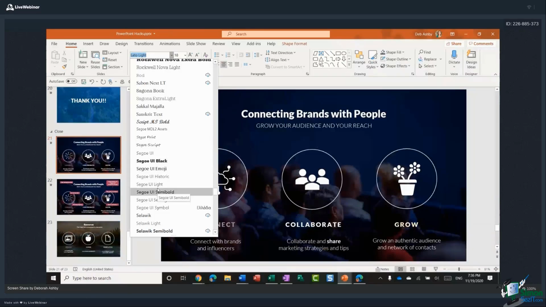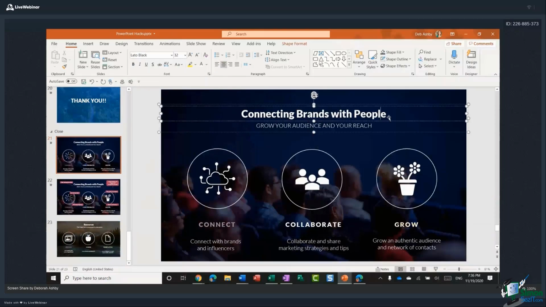And then also the consistency. Make all of your big headings the same font, all of your subheadings a different font, and all of your text a different font. Also notice the consistency across the slides with regards to caps and lowercase. Yes, that's something that makes a big difference as well. And experimenting as well. Yeah, it makes such a difference. It makes it really professional.